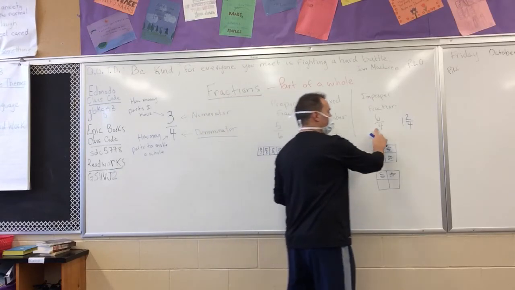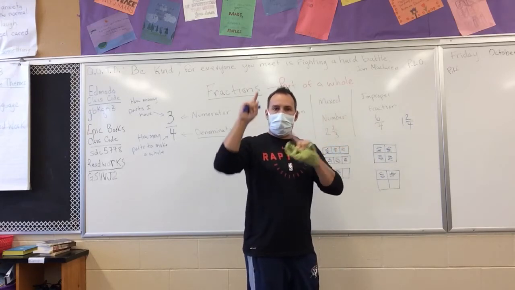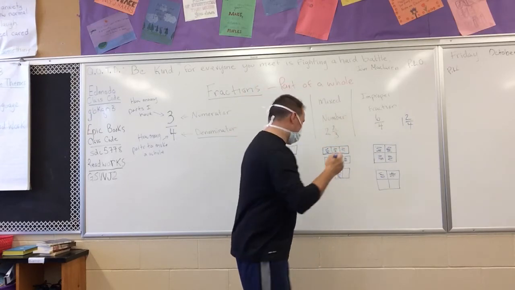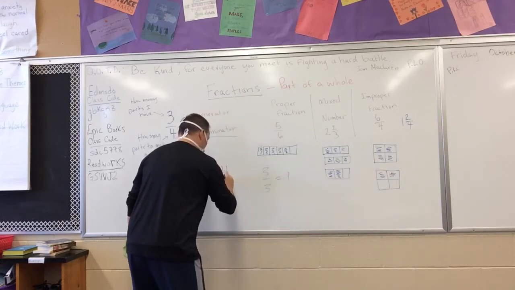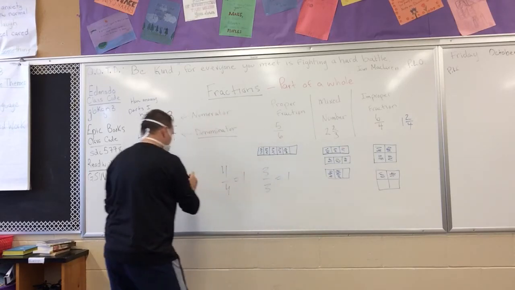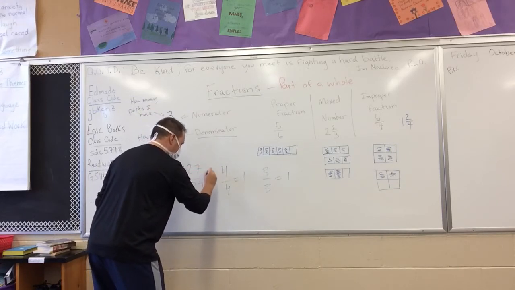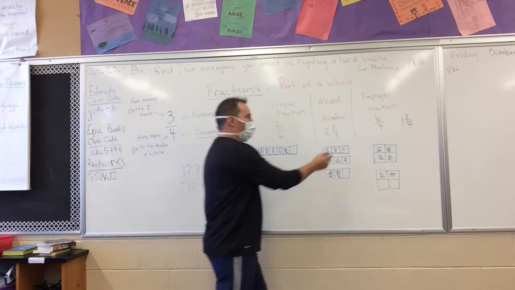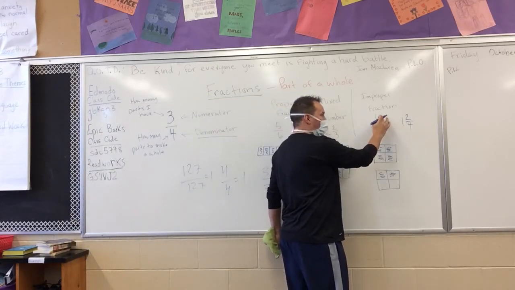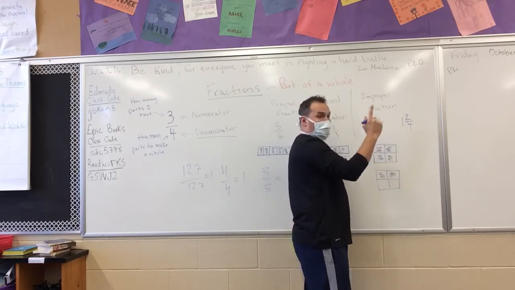So when we look at this, we said something is a whole if the numerator and the denominator are equal. So we could say 3 over 3 equals 1. 4 over 4 equals 1. 127 over 127 equals 1. Right? So if you have 6 over 4, and Cruz knows that 4 over 4 is 1,